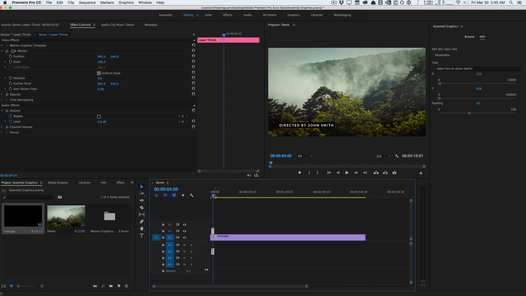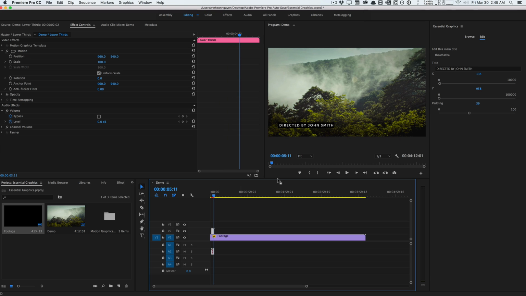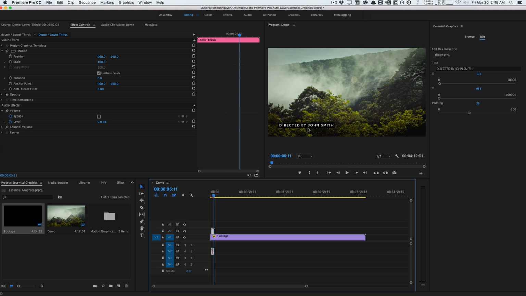So for an example, I created this simple lower third right here in After Effects. Now, if you wanted to edit this, you would go back to After Effects, edit it and bring it back in, or re-render it and bring that video back in. But here, as you can see, I have the Essential Graphics panel right here, and I can actually change the text itself directly in Premiere. So instead of directed by John Smith, we can go with Vincent Wynn,